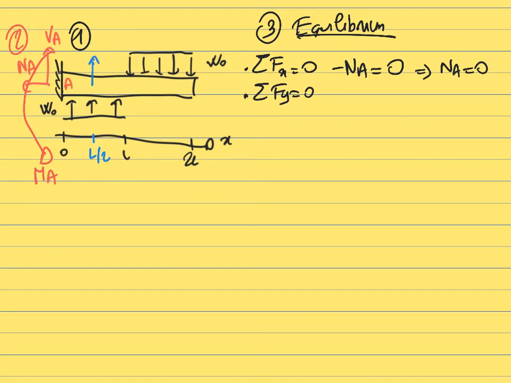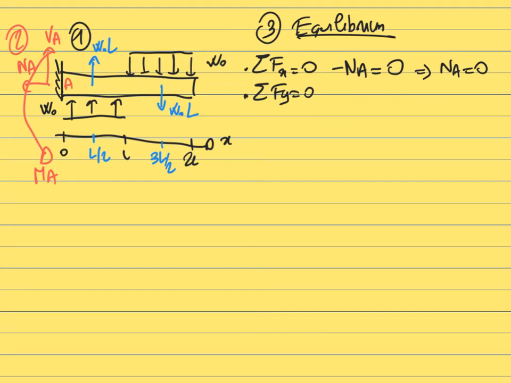And the magnitude of the resultant force is equal to the area of the load diagram, which in this case is W naught L. Same thing for the distributed load on the right. It's going to be applied at the middle, which is 3L over 2. This time the resultant force will be going downwards, and its intensity will be the same, that is to say